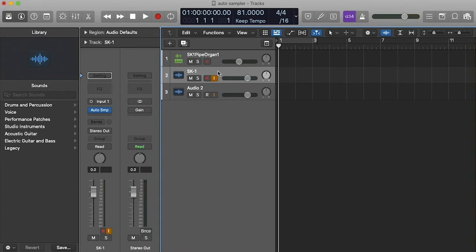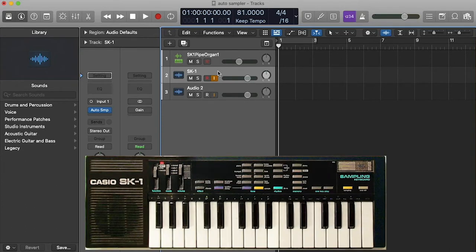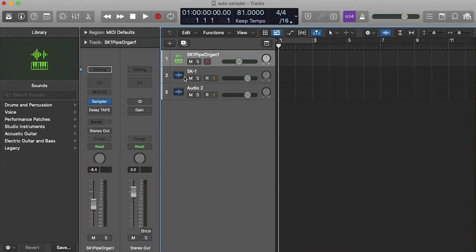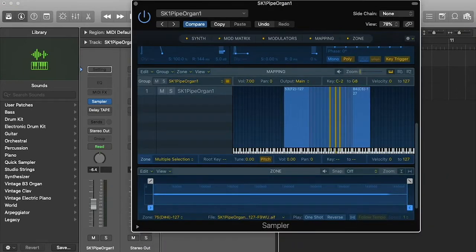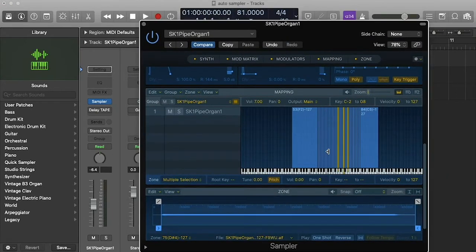So right now I'm sampling one of my favorite keyboards, which is my Casio SK-1. I have a sampled pipe organ setting that I just did loaded up in the Logic sampler right now. I made a few adjustments to it. For example, since the Casio keyboard is only like 2.5 octaves, in order to play that on my 61 key keyboard, I just ended up stretching out these last couple notes here